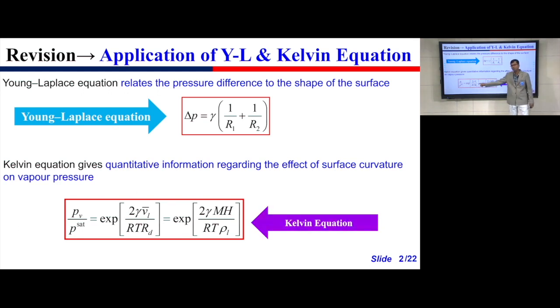Since we cannot measure the molar volume of the liquid, that has to be related to known quantities. Here it has been related to the molecular weight of the component and the density of the liquid. And 1 by Rd is nothing but a curvature, which is h. So by making use of this equation, we can determine the